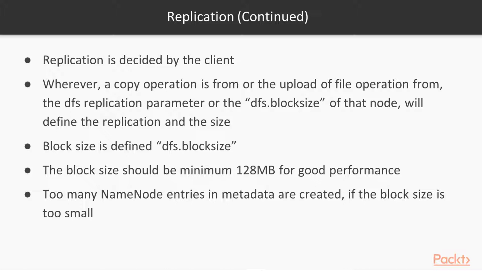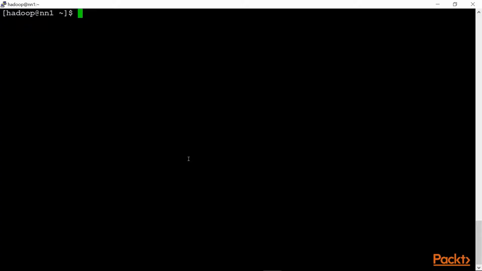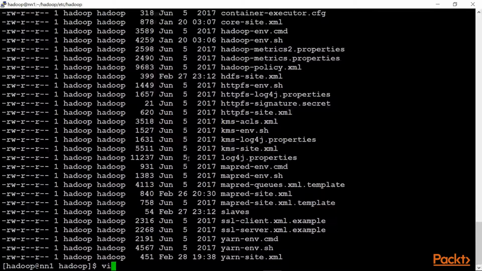Let's look into that on the system. So let me just connect to one of the nodes in the cluster. First of all, let's see what is my default block size. But before that, let's go to the config directory. I'm moving to the directory where we have done our configuration of Hadoop. I will open the file with vi,